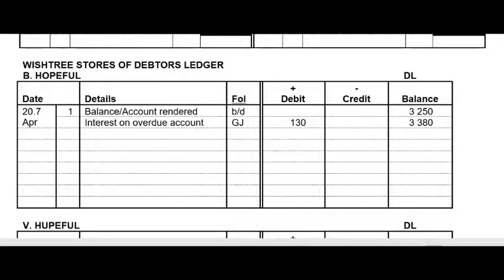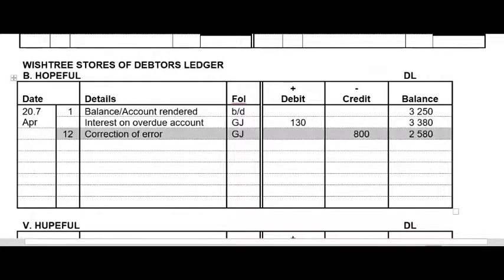Okay, so let's look at Be Hopeful first. In Be Hopeful's account, you would just say correction of error, and he was actually credited, so his account decreases with 800 Rand. And this amount is calculated by saying 3,380 minus 800 gives you